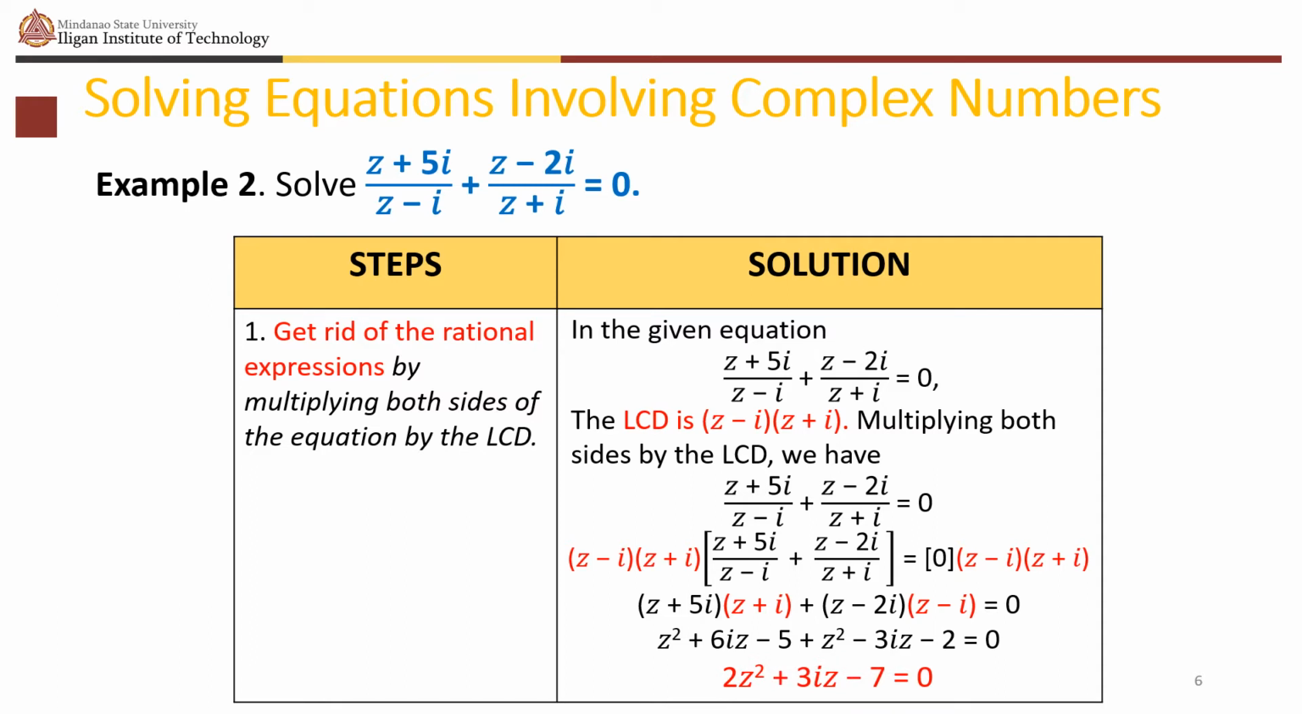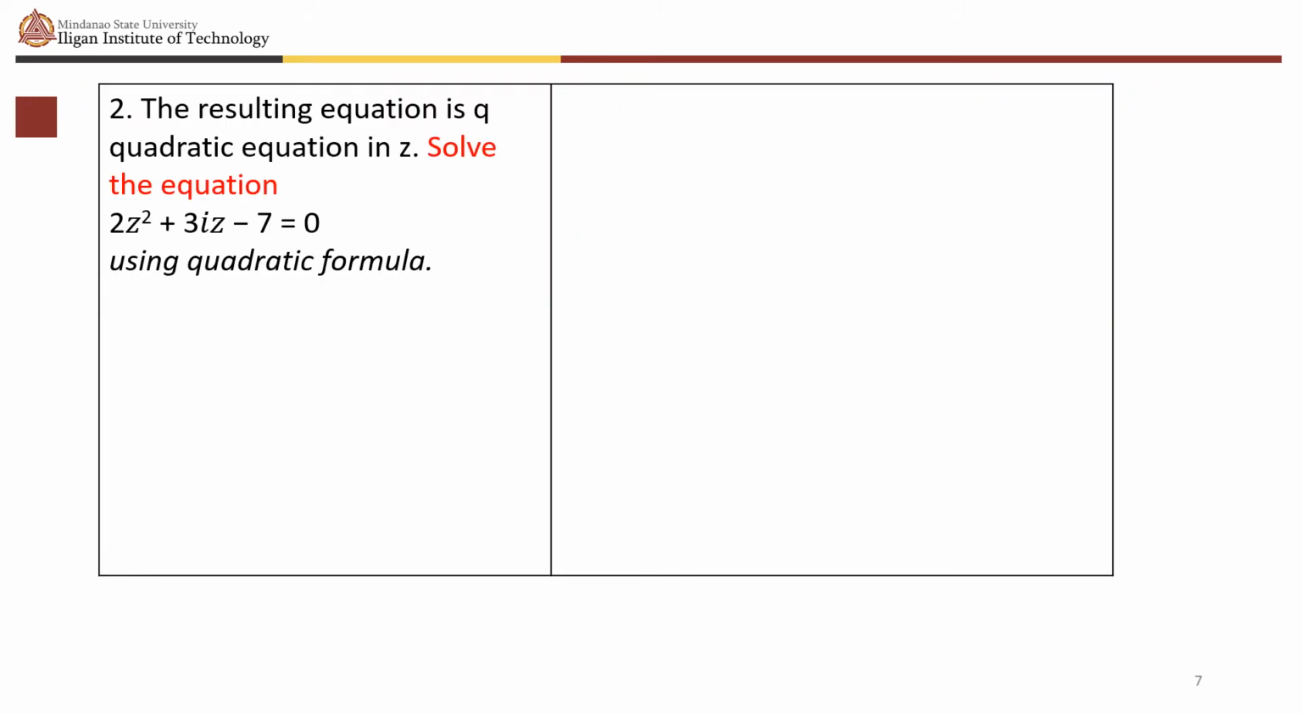So when we simplify this further, we now have the following. We have z squared plus z squared, which gives us 2z squared. 6iz minus 3iz will give us positive 3iz. Minus 5 minus 2 will give us minus 7. So the resulting equation is a quadratic equation in z. So if we try to solve the equation 2z squared plus 3iz minus 7 equal to 0, this time using